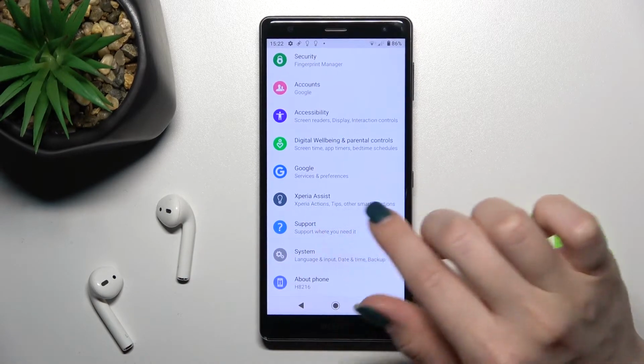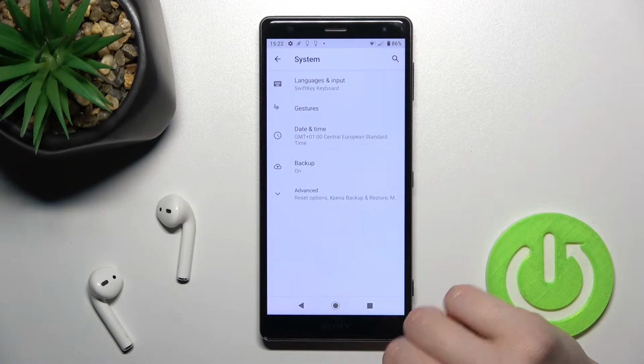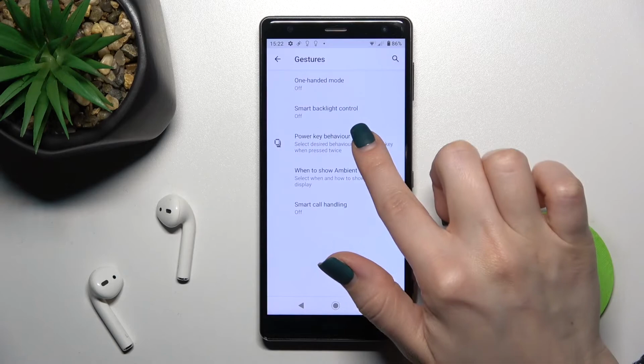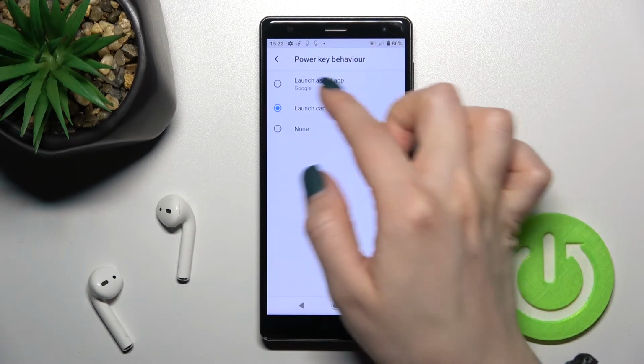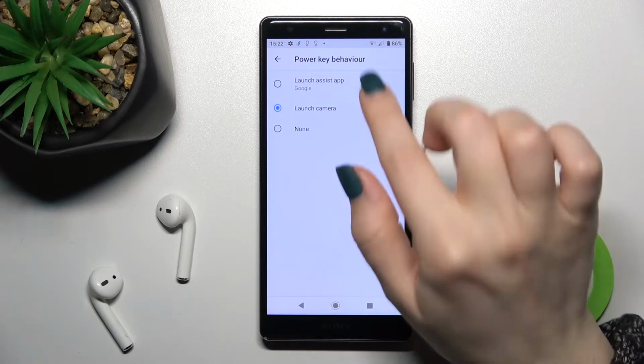So first we should go to the Settings application and then tap on the System section. Here just go to Gestures and tap on Power key behavior. Here, as you can see, we have it set to launch the camera by double pressing our power key, but